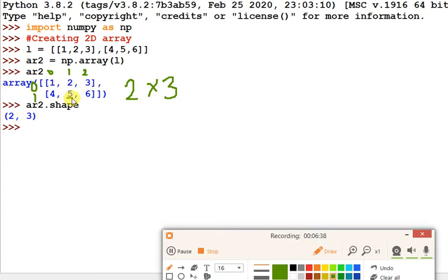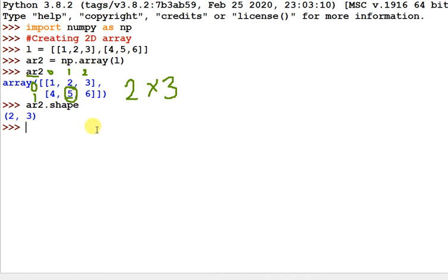So the address of this 5 is the name of the array, ar2[1, 1]. I am getting this with the example. If you want to get this, ar2[1, 1], and you get 5.